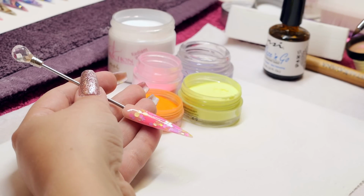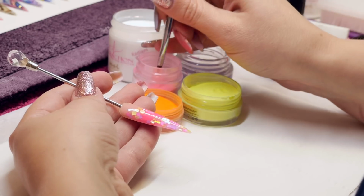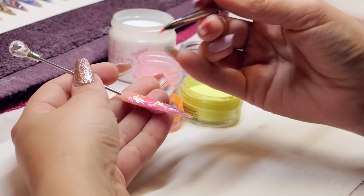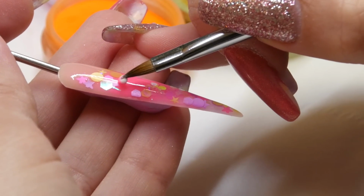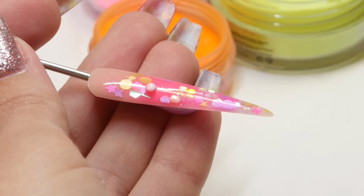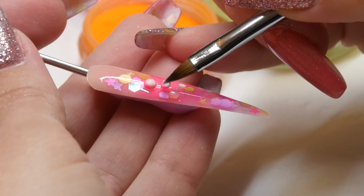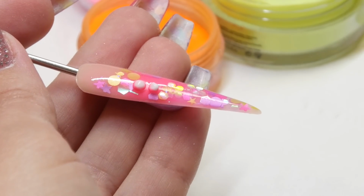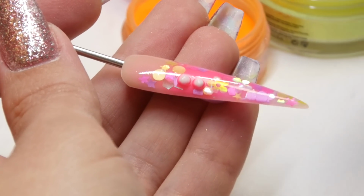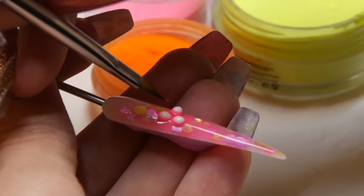So I'm going to do a little bit of 3D art on this nail now. So I'm using my Crystal Nails mini 3D brush and I'm double dipping, so I'm going into my white powder and then my tie-dye pink powder, and I'm going to place 3 beads on and then start to press out to create my petals. Now if you're not particularly fast doing 3D, just do 1 bead at a time, don't try doing all 3. But I know that I can get all 3 beads on and then come back and start to work the first one,